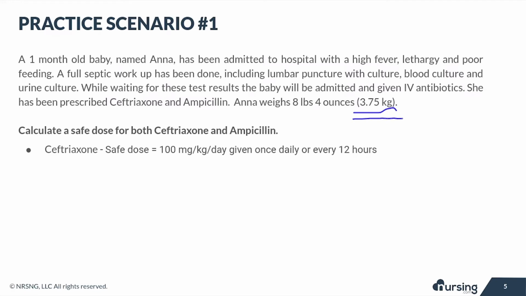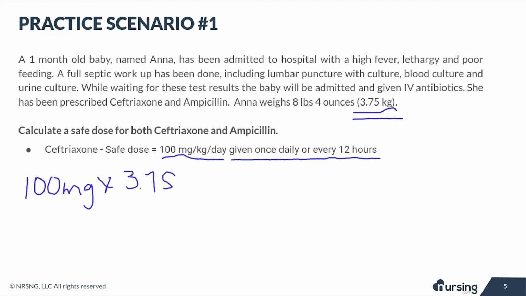So you look in your drug guide, and you see that the safe dose for ceftriaxone is 100 milligrams per kilogram per day, given once daily or every 12 hours. So go ahead and take a couple of seconds to calculate that. Okay, so here we want to take 100 milligrams and multiply that by her weight, 3.75 kilograms. And that gives us an easy 375